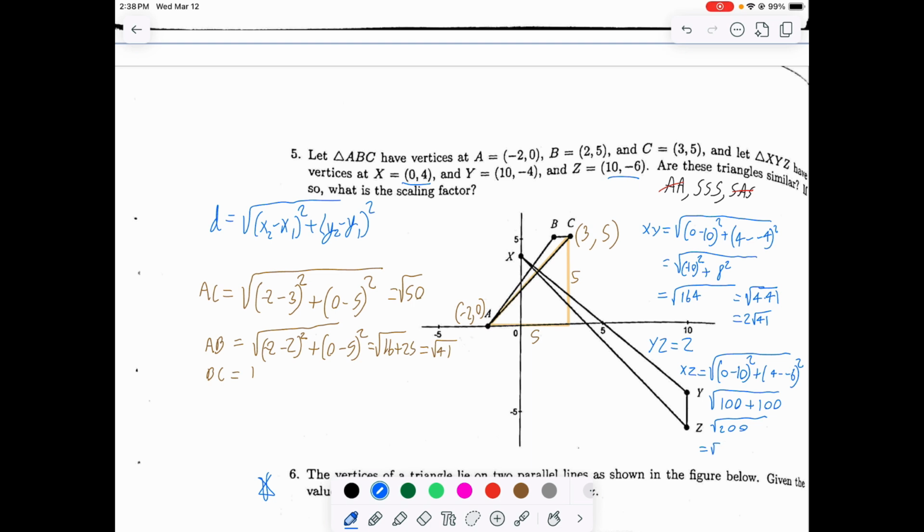Which becomes the square root of 2 times